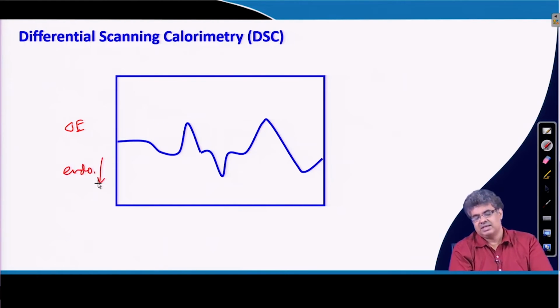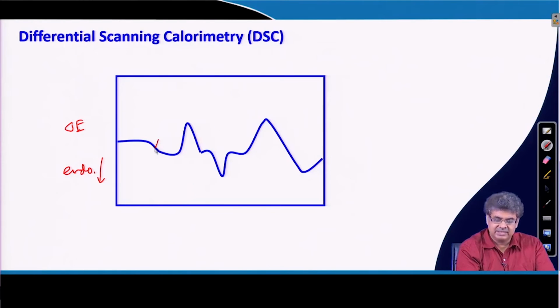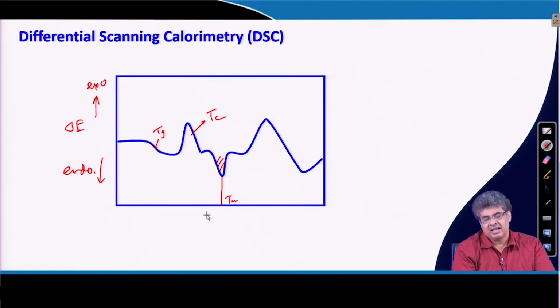So, in this case we can see this is Tg and endothermic, this is exo up. So, this is Tc, crystallization, and this is melting. So, this is Tm. Now, we can also, post melting, use DSC for getting information about